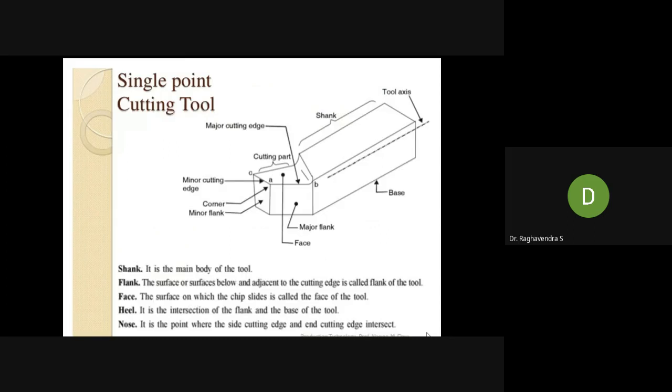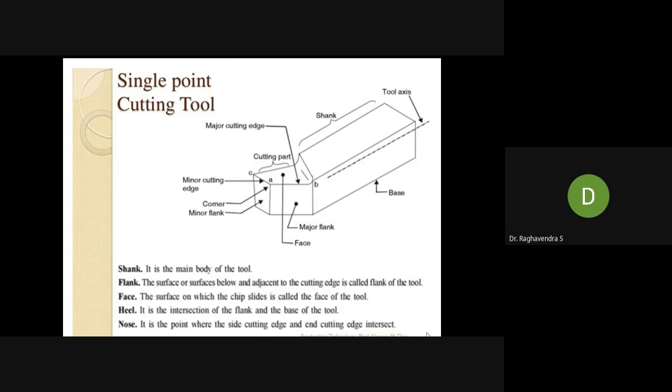So you see this. This is a single point cutting tool which you are going to use in the lathe shop whenever you're doing facing operation, turning operation, all these things. See, the whole body is called the shank. It has something like a rectangular cross section at the other end, whereas on the front side you can see there will be a different profile. You can see that one sharp edge will be mounted. That sharp edge is going to cut the material. That is called the cutting part.